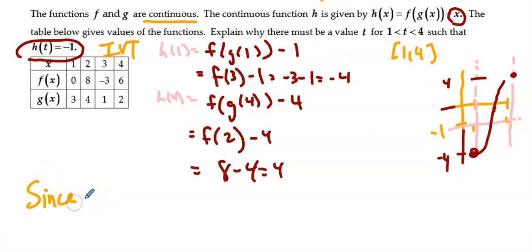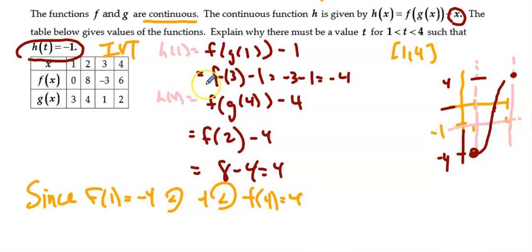So when I write this thing out, and this is the last time I'm going to write this, but again, practice makes perfect. Since f of 1 is equal to -4, that's just telling us that we're starting right here, and that's less than, so this y value is less than -1, which is less than f of 4 is equal to +4. And by the way, sometimes this number here is bigger and this number here is smaller. So it doesn't always have to be f of a and f of b. It can be f of b and f of a here. So since this is less than -1, which is less than 4,